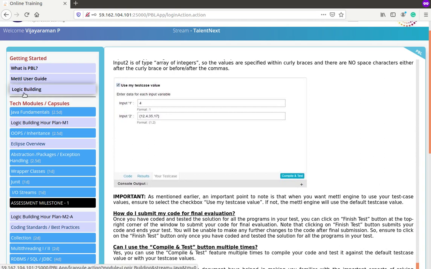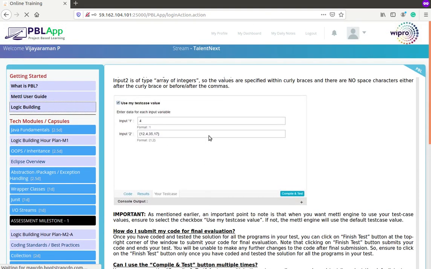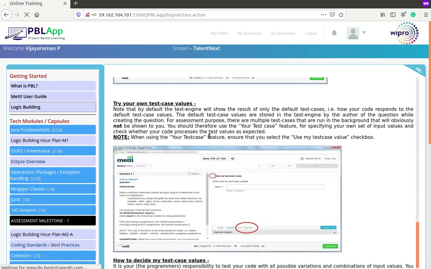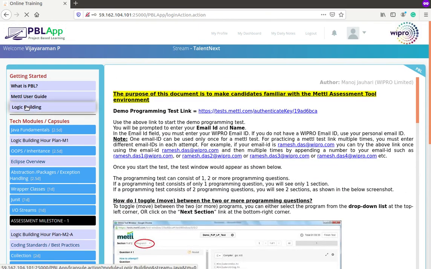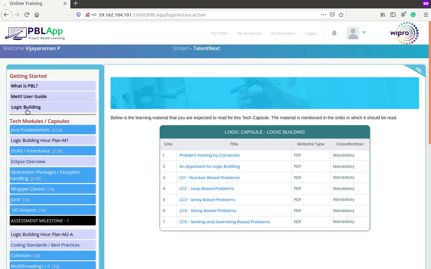Once you're done with this, it's very important that you move to logic building. Click on logic building. Once you're familiar with this, move on to logic building. Those who are already familiar with Java, please proceed. Do not wait for our video content. You can keep moving. Then let's see how this works. Logic building is the most beautiful part in this session, I would say. It's interesting too. If you click on logic building, this is what you get.